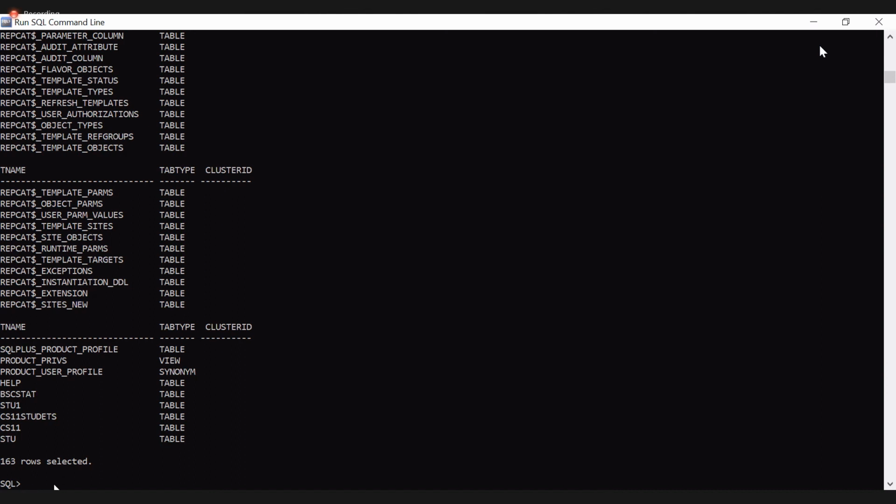So we have to specify the rename keyword. So alter table, which table name? CS11 I'm going to alter, right? CS11 rename to which table name? CS11 CSC. Is it okay?